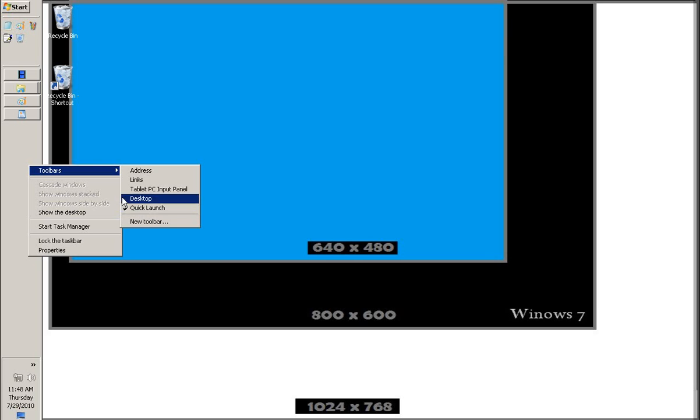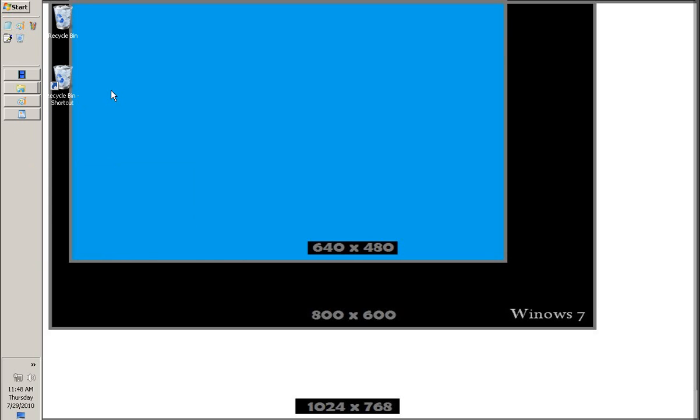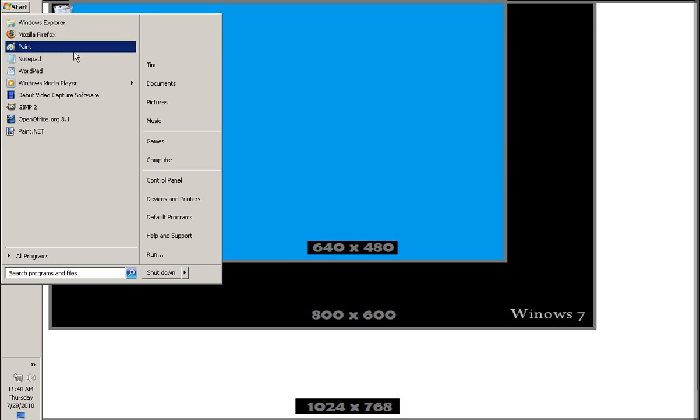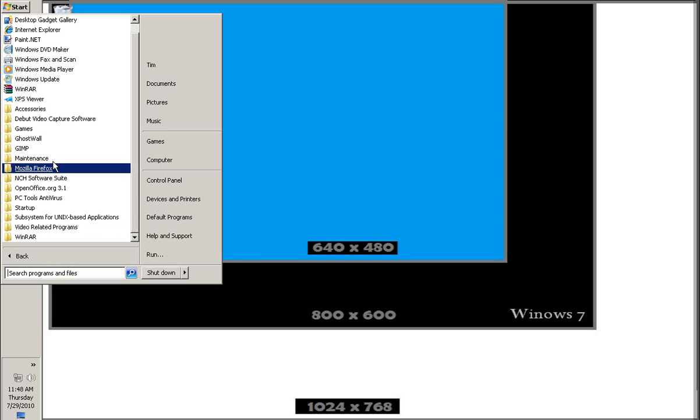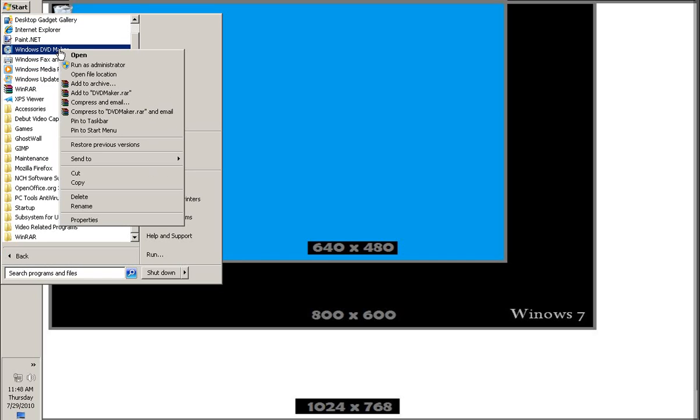Once you've added the folder, you have the quick launch. From there, you simply can take your icons, left click and drag them from your desktop, or you can go down here to your programs. In this case, I have programs here. I can go down here to my all programs, and let's say I want Windows DVD Maker. I can create a shortcut,